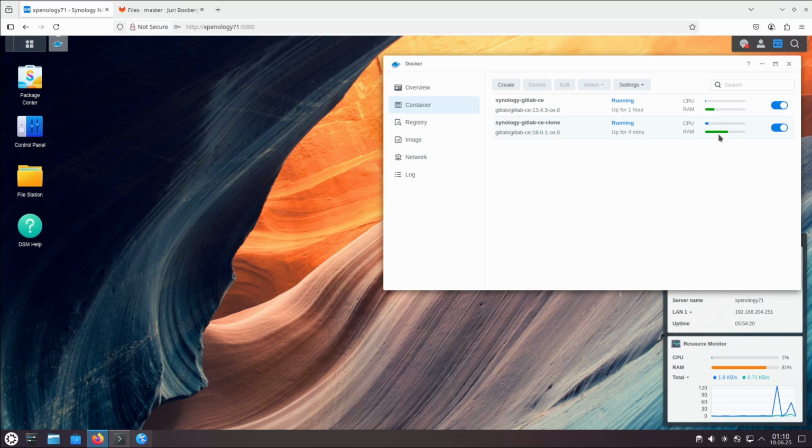For now, you can see GitLab is consuming about 4.5 gigabytes of RAM. So keep that in mind if you're planning your Synology RAM upgrade. And during each upgrade, please be patient and wait until the CPU goes down. Then you can be sure that